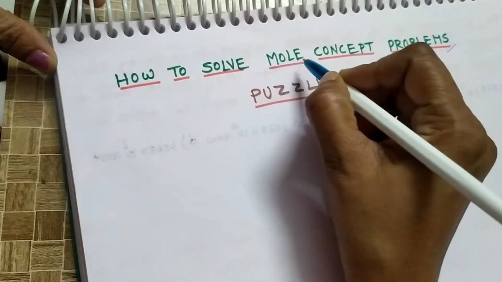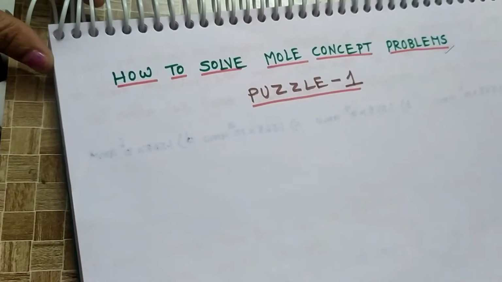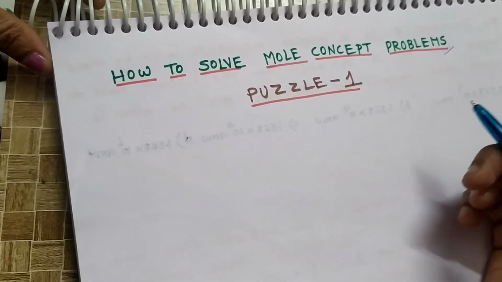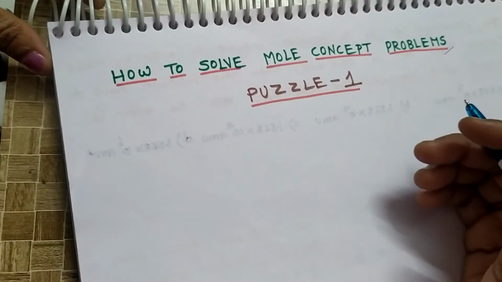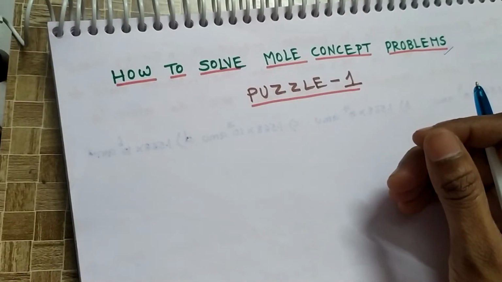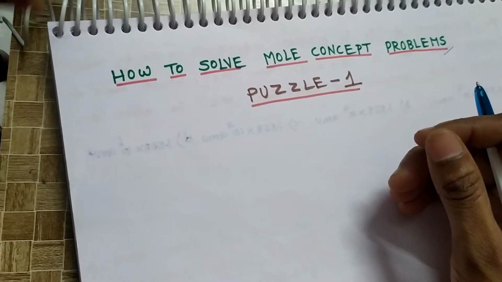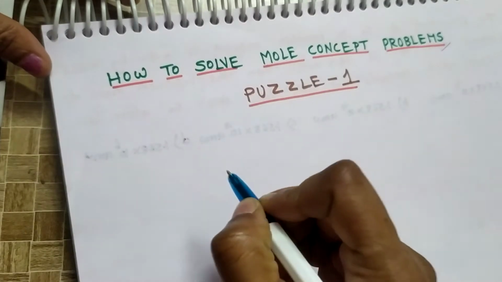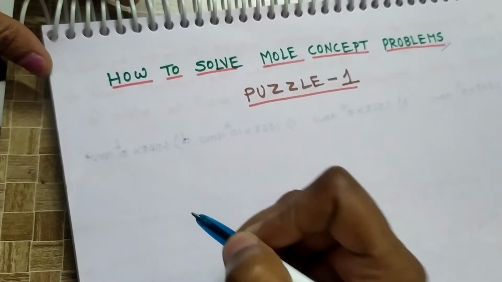Mole concept is nothing but number of moles, number of molecules, how many atoms are present, how many gram atoms are present in the given weight. Such questions are asked frequently, and we can find them in previous question papers of JEE Mains or NEET. If we check the mole concept, we get such questions, right? So based on that, first of all we should know four formulae.